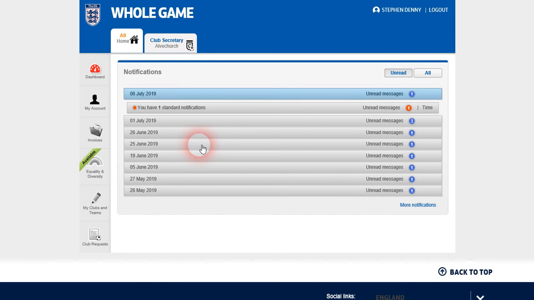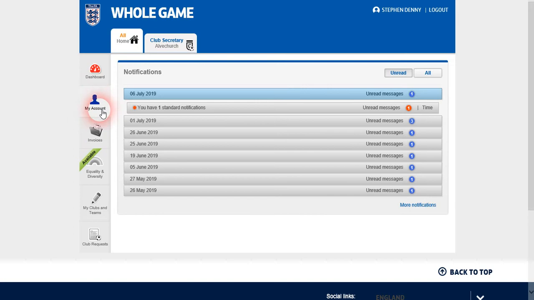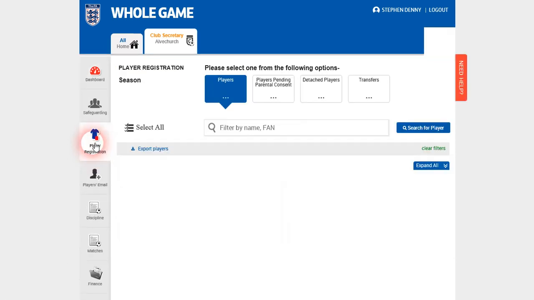Now, as club secretary, I've got access to the club secretary details here. As the player registration officer, I guess you will see a tab here called player registrations or something. If not, then on the left hand side here you should see the player registrations. So I'm clicking into the club secretary account here, and I can see all the things that I have access to as club secretary, one of which is player registrations. So if I click on the player registration there,